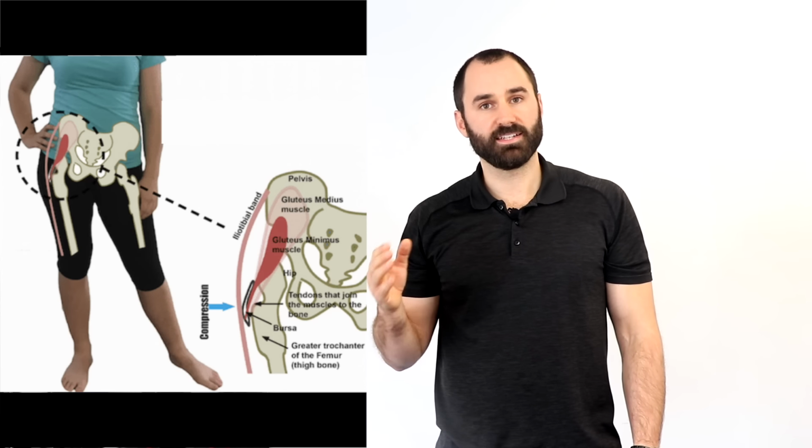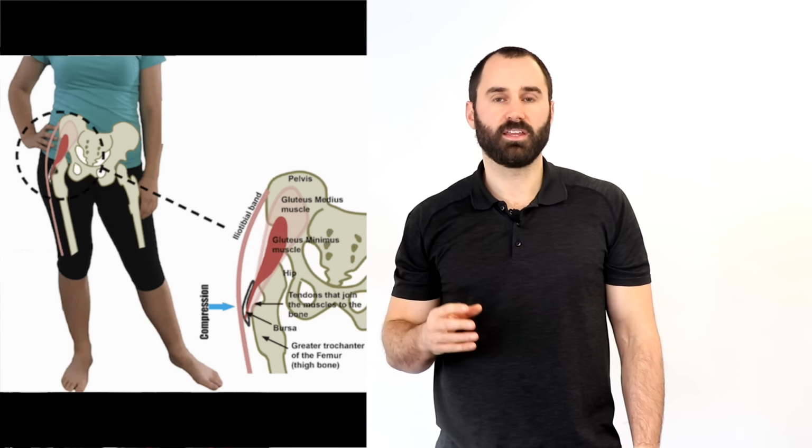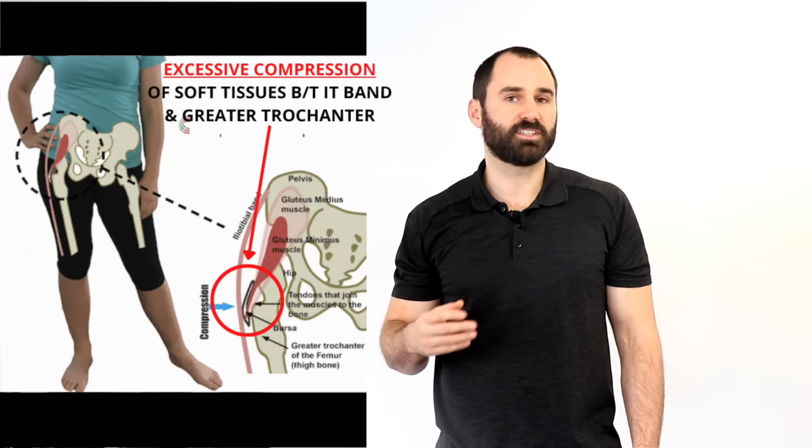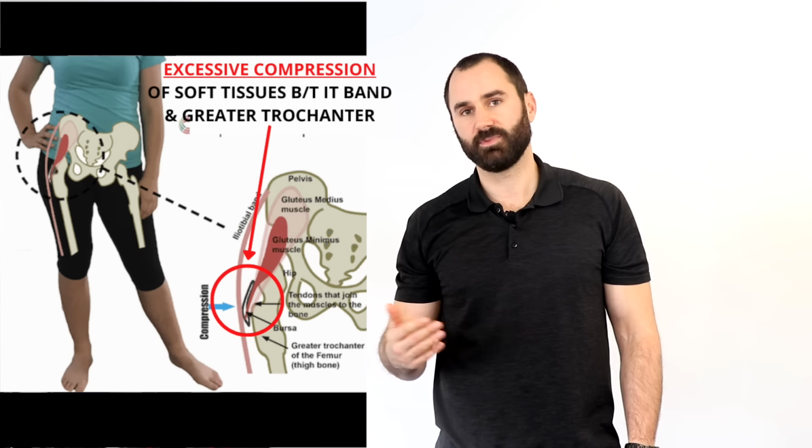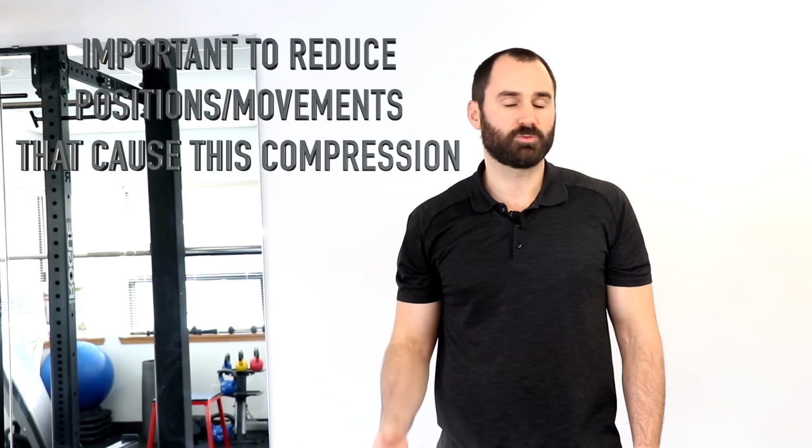Well, it turns out that if you look at this picture right here, the tissues between the IT band and the greater trochanter of your bone can get excessively compressed. Now the operative word is excessive. Tissues are always getting compressed, but at some threshold they can become irritated. So reducing these positions is very important, which we'll cover next. Another pain generator can be the gluteal tendons of the lateral hip. So now we're going to go over 5 positions and movements that we need to address and minimize if you